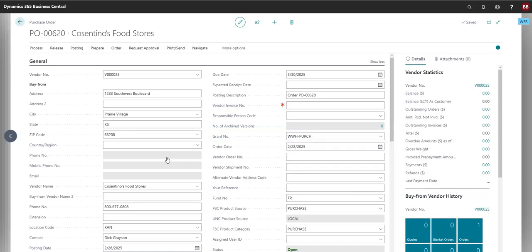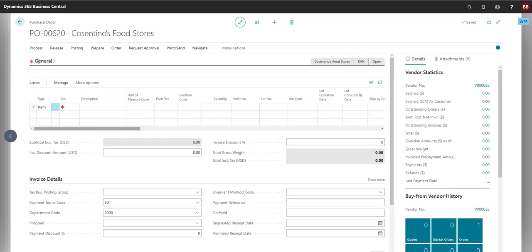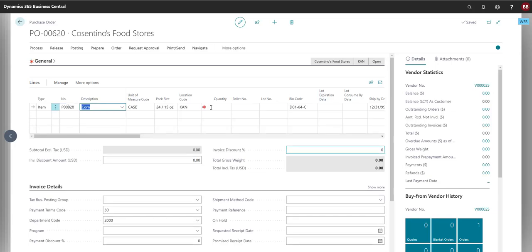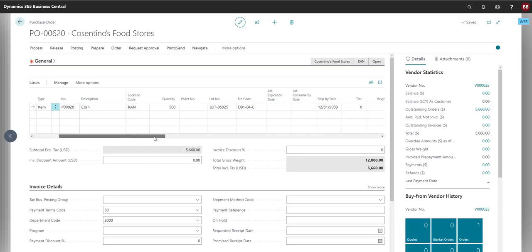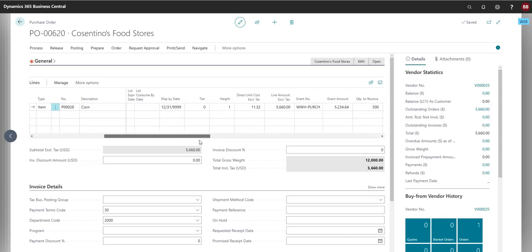Let's enter a line into the purchase order now. We add the item number that will be purchased. Next, we enter the purchase quantity. If we scroll to the right of the line, we can see the line total is